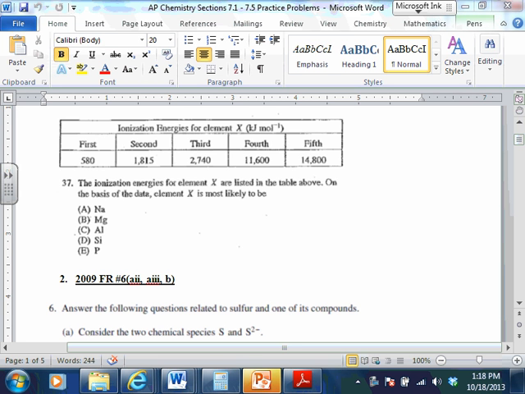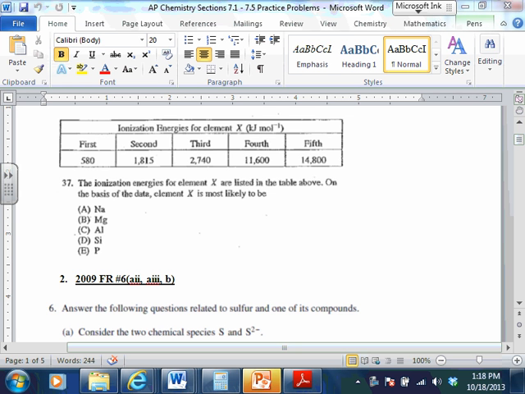It would probably be an element where you can take the first 3 electrons away from it with not too much difficulty, but then when you try to take the fourth one away, it's going to be hard, which would be aluminum, right? Okay, does everybody see that? Aluminum has 3 valence electrons, so you try to take that. And what you can also see here